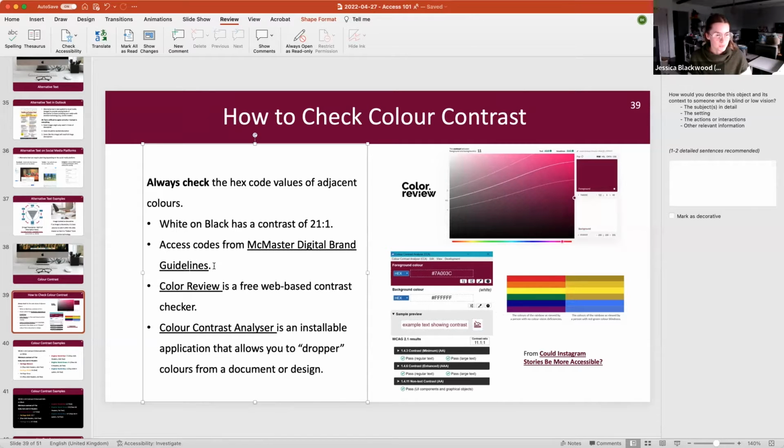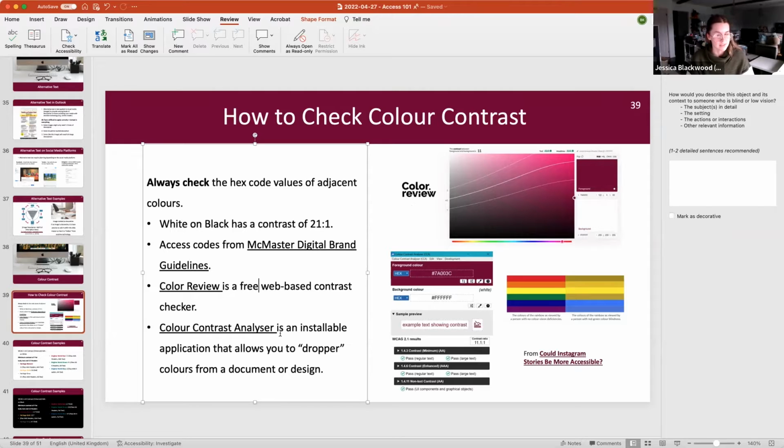And there are many free tools that you can use to check color contrast. If I want to check maroon on white, Color Review is one of my favorites, just because as a graphic designer originally, it is a very visual representation. I could send the link that it creates of this color contrast to a client. If the original color contrast wasn't compliant, I can then send them an additional suggestion with that website where they can see it's now compliant, and they can check the color combinations and see if it's something they'd like.